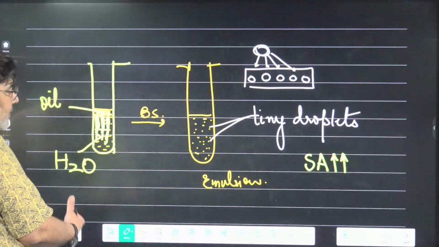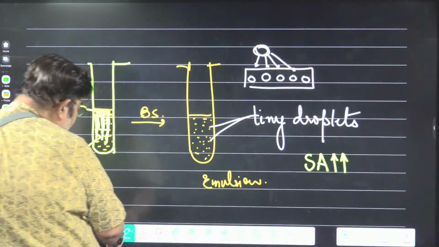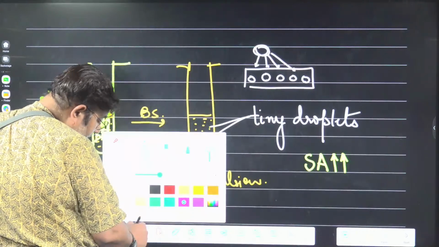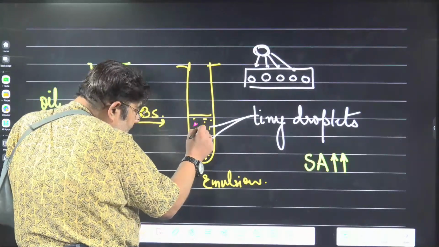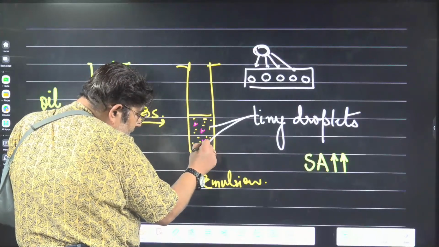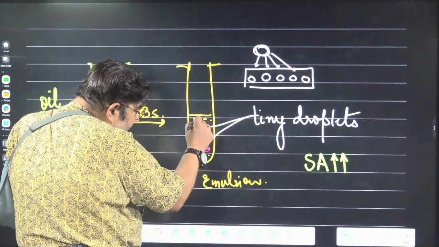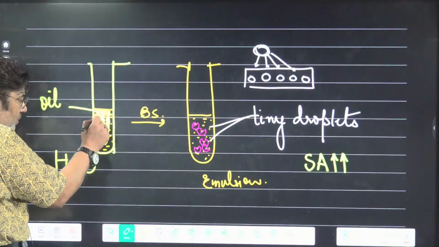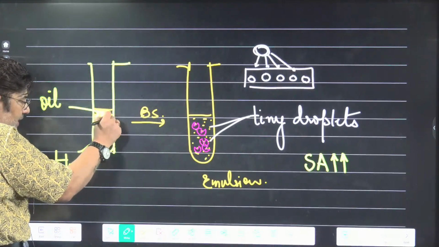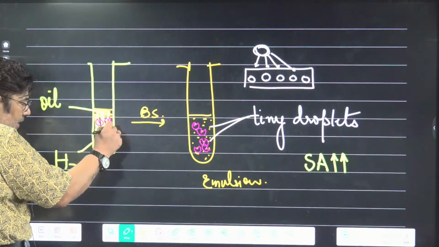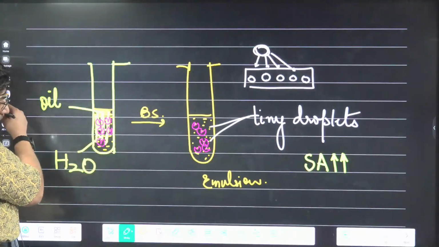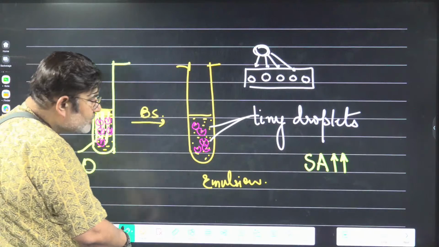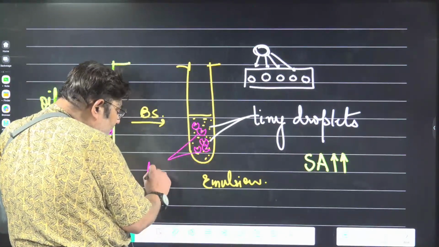And now the lipase, the lipid digesting enzyme, can easily digest them. So I'll show you the lipase action. You can imagine the lipase to be like this. The lipase is easily digesting them. Otherwise, lipase could not digest properly because it does not get the area to work upon. The substrate has to bind to the enzyme, and only then does the enzyme action take place. Okay, so these are the lipase.